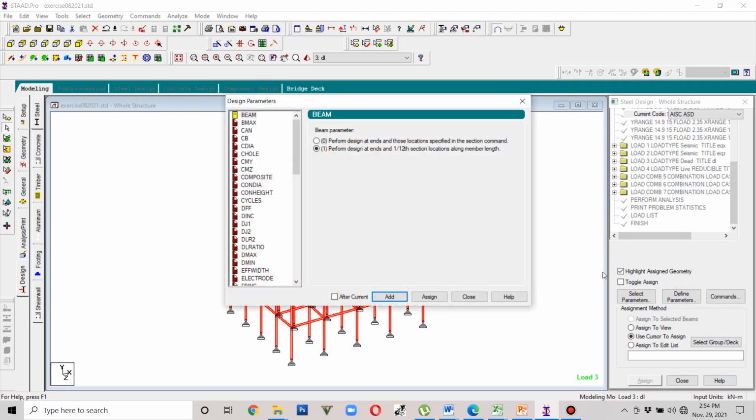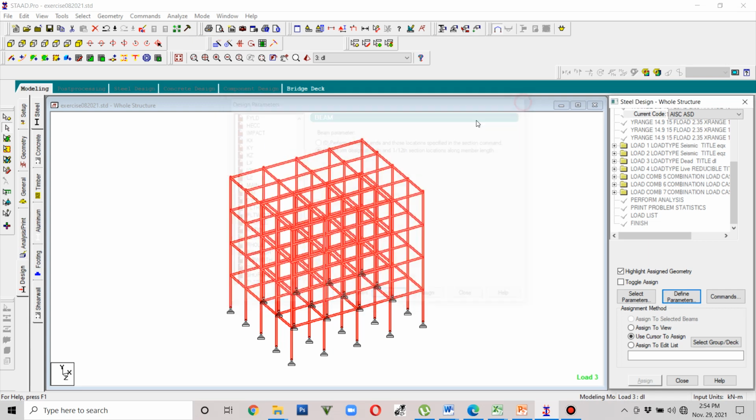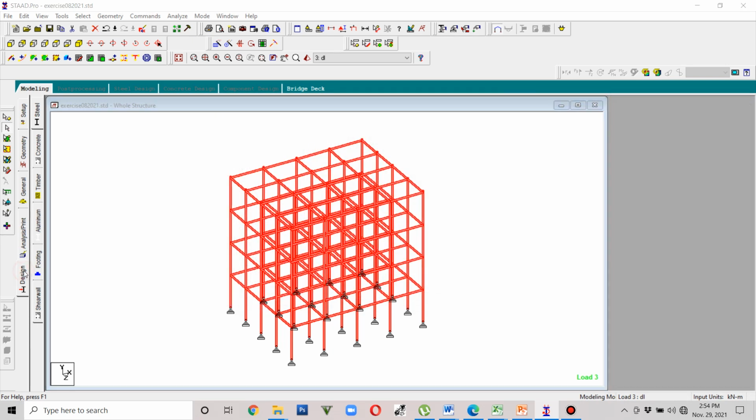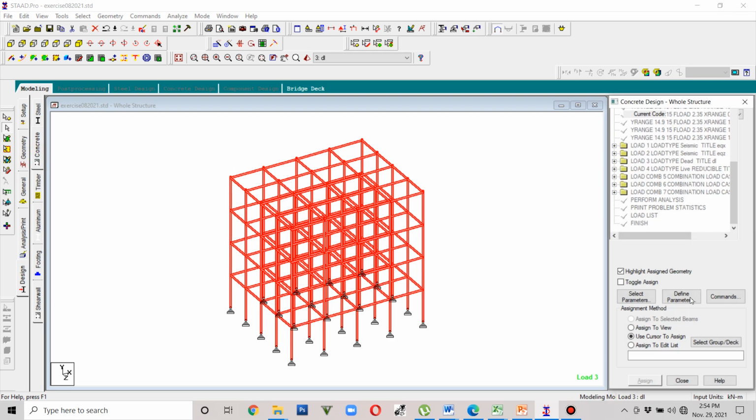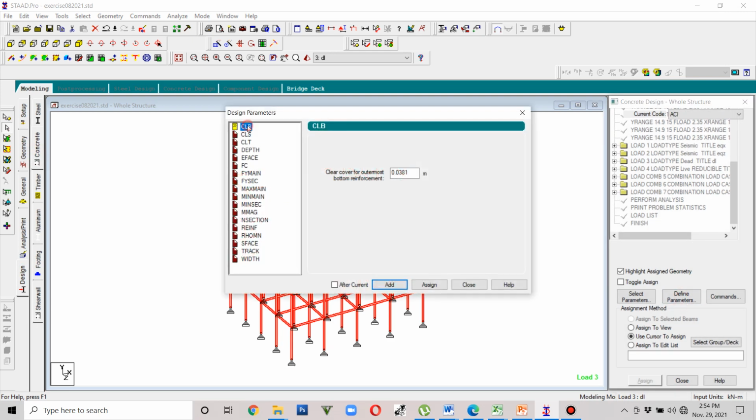So define parameters. So notice naka-select pa rin yan, no? So if not, you tend to select all of the members. So what do we need here? Yung mga concrete cover. Ito yata yung sa steel design. So design, and then concrete. Define parameters. So we select this one, assign,